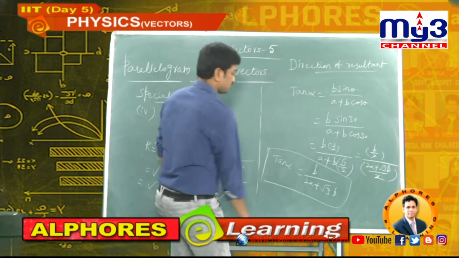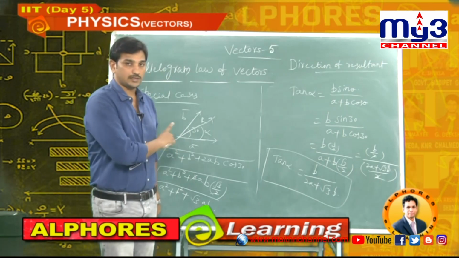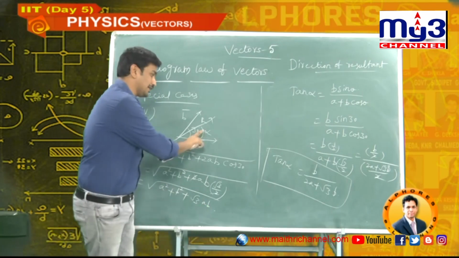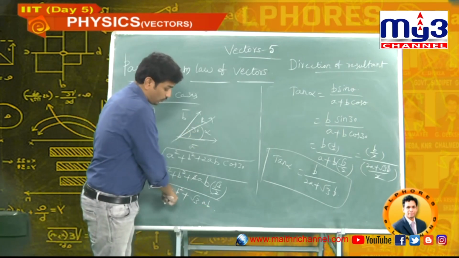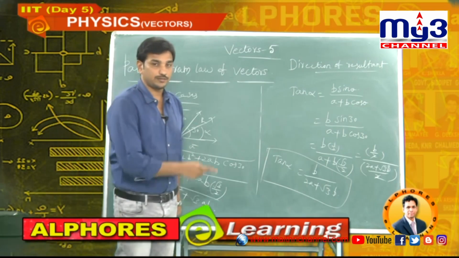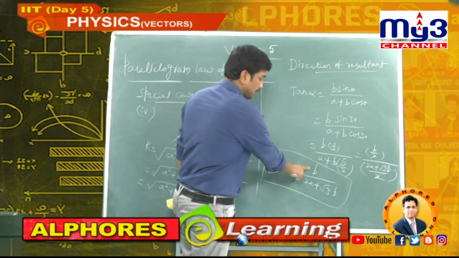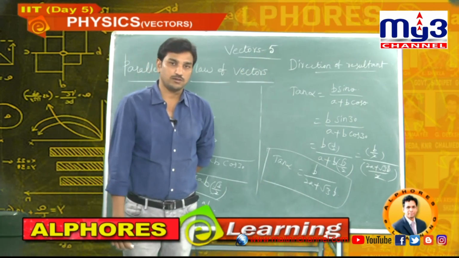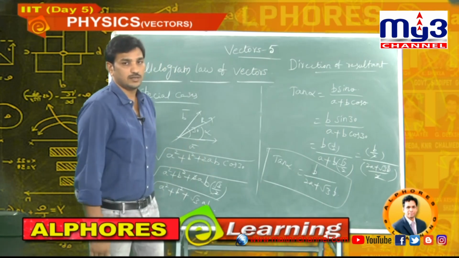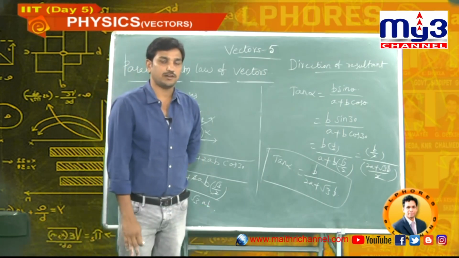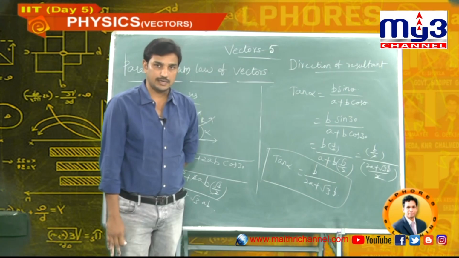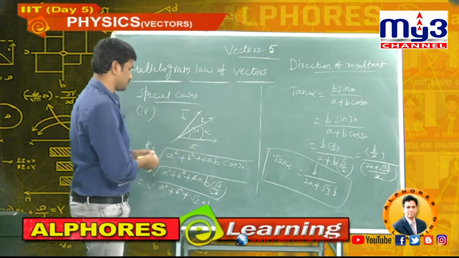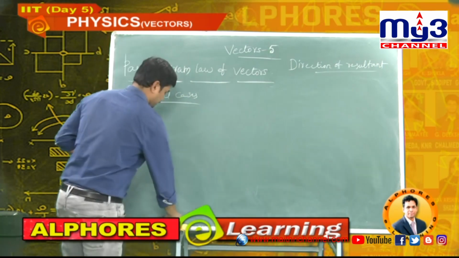So now when two vectors A bar and B bar have an angle of 30 degrees, the magnitude of the resultant is root of A square plus B square plus root 3AB, and the direction of the resultant is tan alpha, that is B by 2A plus root 3B. So in this way we can solve different questions depending on this concept. We can find the resultant magnitude and we can calculate the angle made by the resultant with the horizontal vector, that is nothing but A bar. I think you got the clarity.